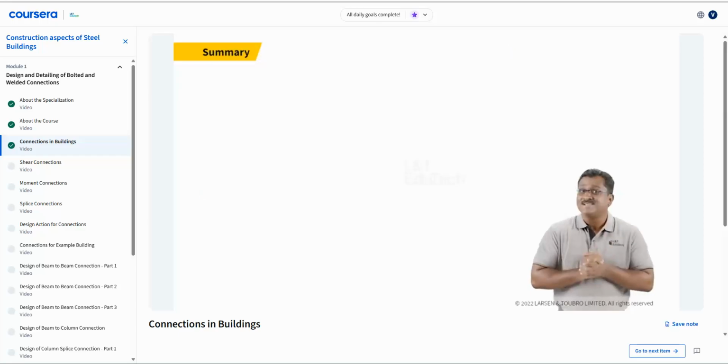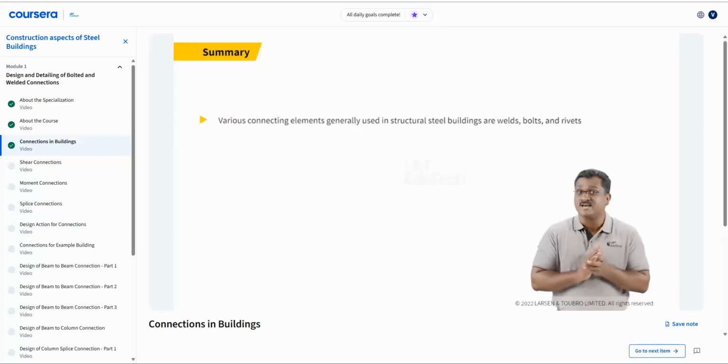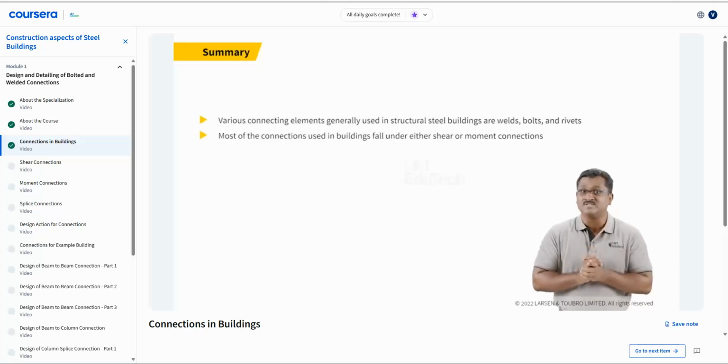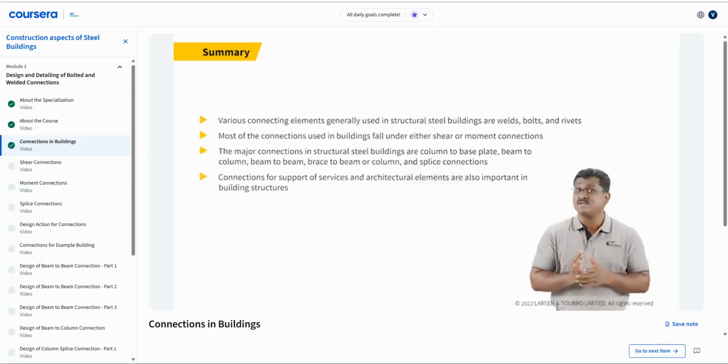Now, let us summarize all that you have learned on this topic so far. Various connecting elements generally used in structural steel buildings are welds, bolts and rivets. Most of the connections used in buildings fall under either shear or moment connections. The major connections in structural steel buildings are column to base plate, beam to column, beam to beam, brace to beam or column and splice connections. Connections for supports of services and architectural elements are also important in building structures. By this, we have come to the end of this